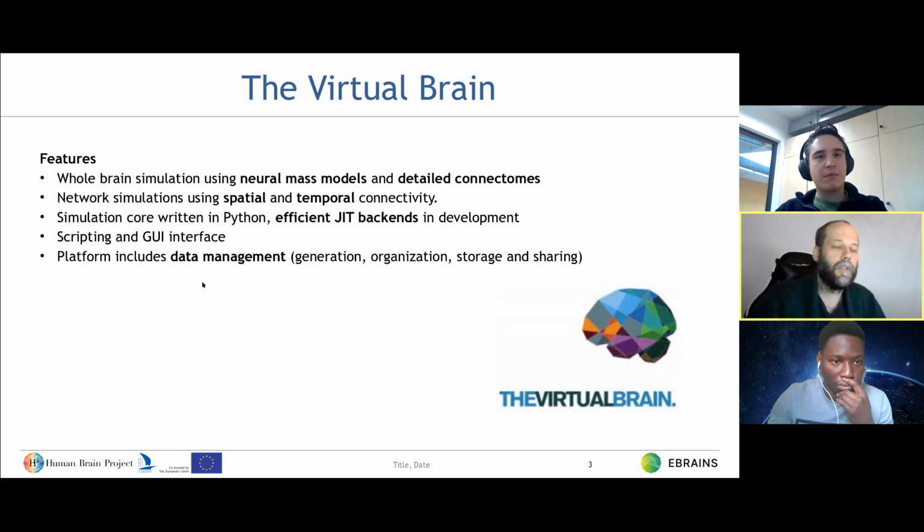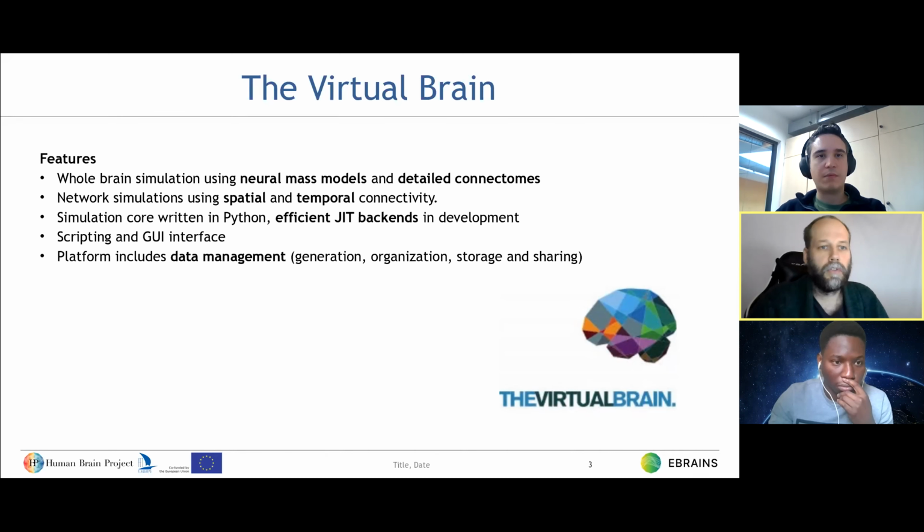Under the assumption that brain function emerges from the interaction of a large number of neurons under spatial and temporal constraints of brain structure, and the fact that other simulators more or less focus on the micro and the mesoscopic levels, The Virtual Brain was born.